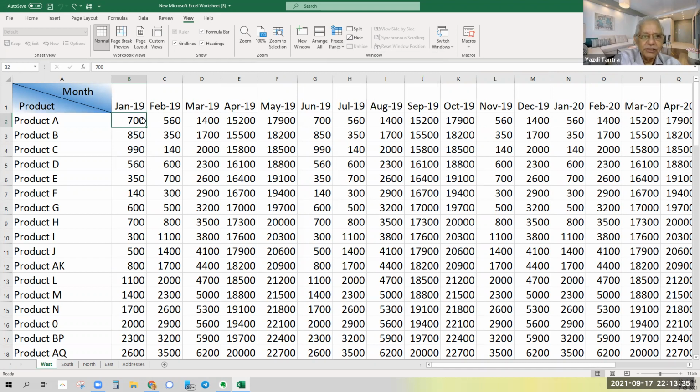But for some reason, if you want to only freeze the top row, you can freeze that, or if you want to only freeze this side, you can freeze this also. All the options are there. Either you freeze both, or you freeze only the top row where the columns are not frozen, or you freeze only the column and the rows are not frozen. So freeze panes is extremely simple.